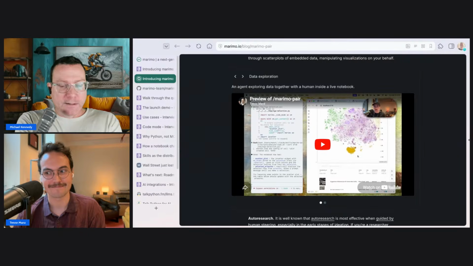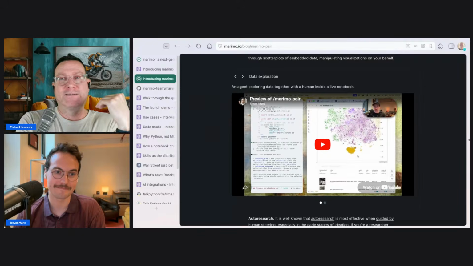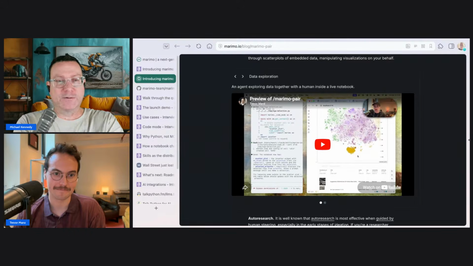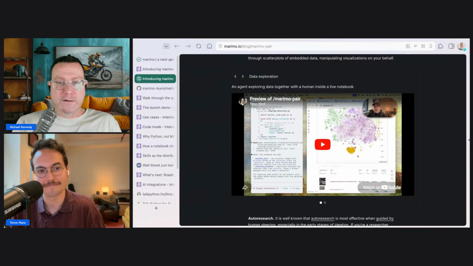And as impressive as it is, it seems like if it could ask the question, where is this symbol used throughout my project? What is the value of this variable? Things like that. What is the type of it? Without reading and jumping around 100,000, a million lines of code all the time, it would be way more efficient. And it sounds a little bit like that's how it interacts with your notebook through Marimo Pair.